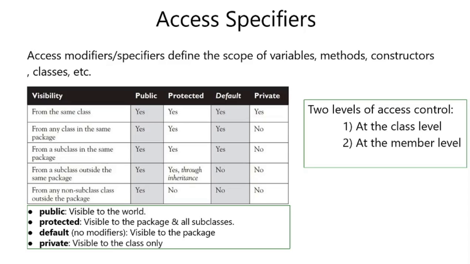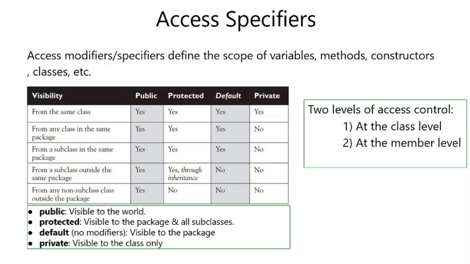And what is the meaning of member level access control? A member, that means a variable or a method, may be declared as public, private, protected, or you may not specify any identifier. The public modifier and no modifier have the same effect as before. If it is private, the member can be accessed only in its own class. The protected modifier specifies that the member can only be accessed within its own class and in addition by a subclass of its class. That means in the same package or in another package.